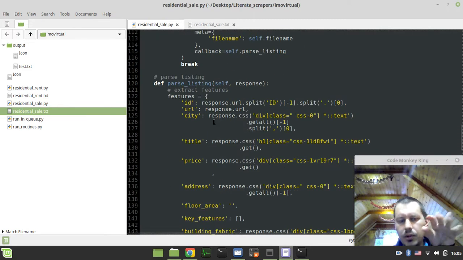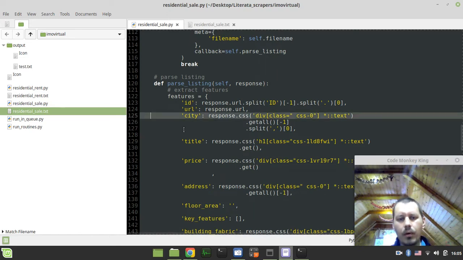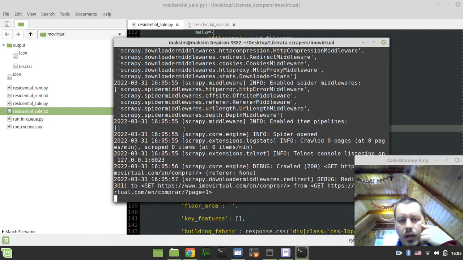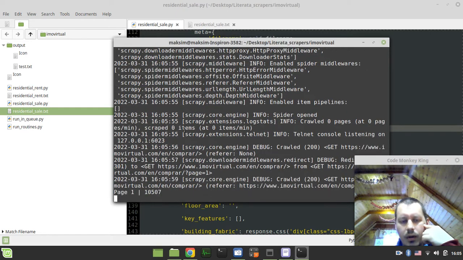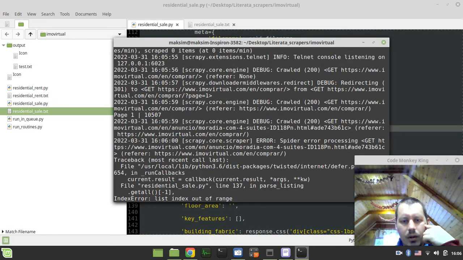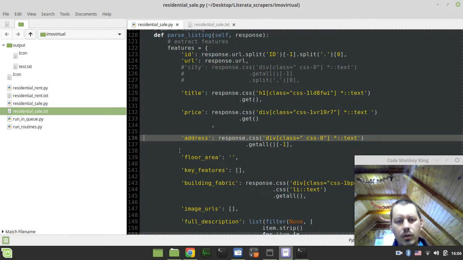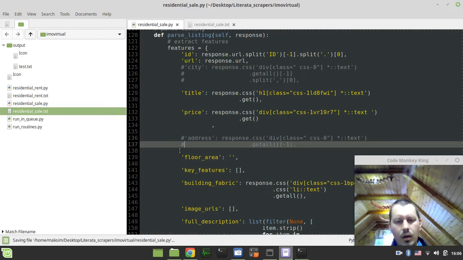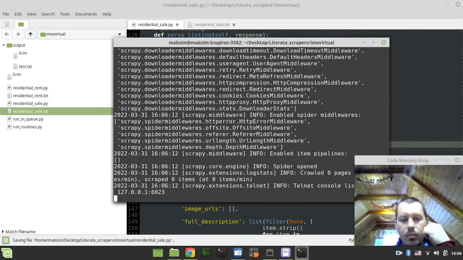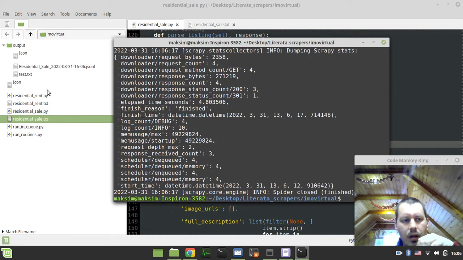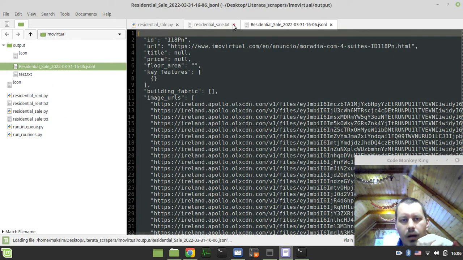So it does parse the single listing, which is good, but it's not capable of parsing the city, which is not a big deal. For now, I can just remove this, and we'll later see if the city is there. Okay, still some errors. Now line 137, which is address. So it seems like it's quite malformed. However, the fact that it still reaches there is quite nice. And finally we do have some data.